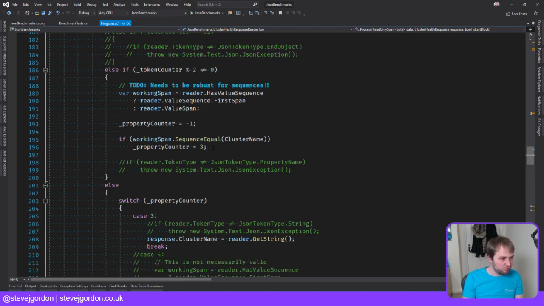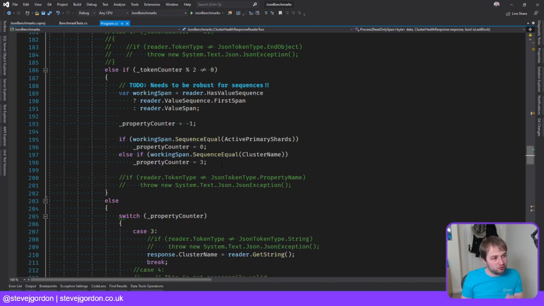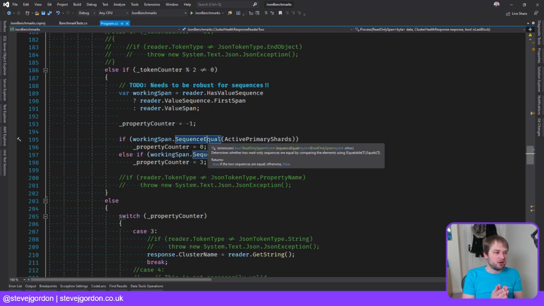Now that's going to annoy me that we've got these out of order, so let's do it this way. And we might need to see if we can optimize this kind of code as well. There's lots of conditionals and stuff in this code at the moment, so maybe we can take some cheats. Sequence equal, I believe, is pretty performance optimized already, in that the team have tried to, if it compares the first byte, then